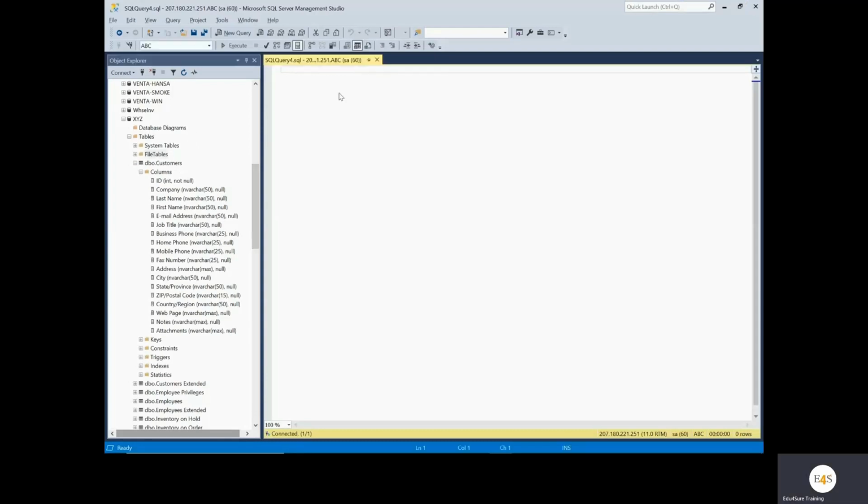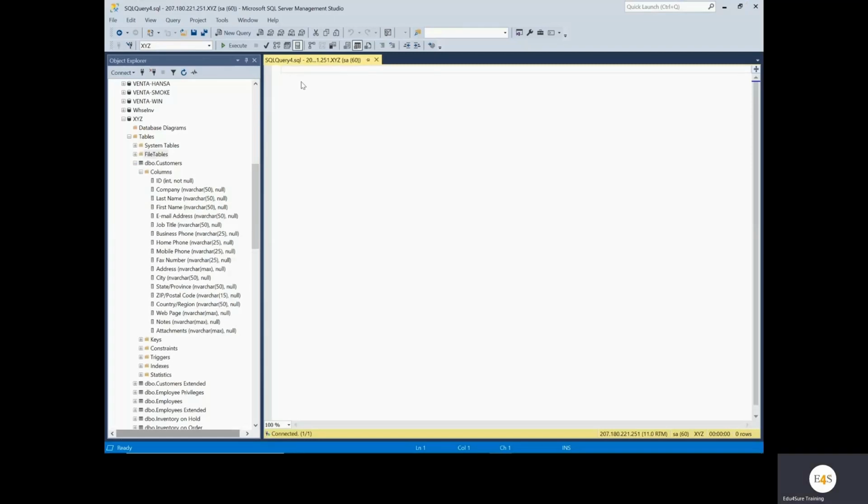Above, in the top drop down, it shows which database you are using. I'm going in the drop down and changing it to XYZ so that my query runs in that database.